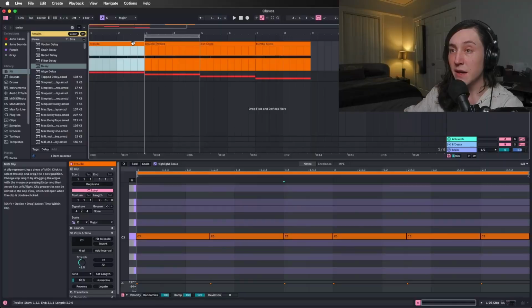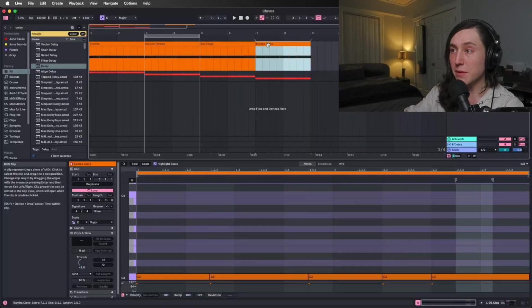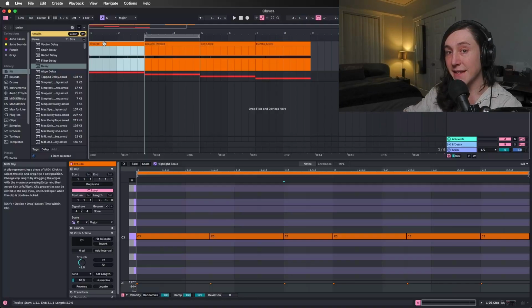Before we start writing our own claves, I am going to give a few examples, and I'm going to show you how these rhythms can be used to inform other musical choices like melody, bass line, chord progressions, drum patterns, etc. So I have 4 common rhythms here that you've probably heard before that can function as a clave,